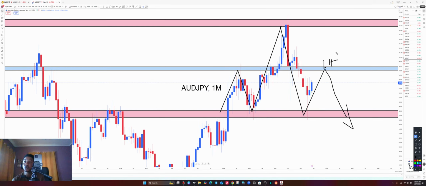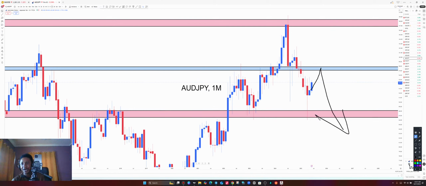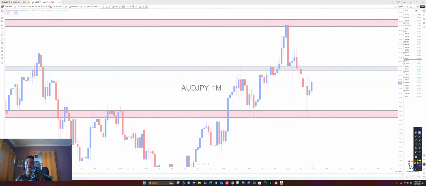So before price goes up to complete the lower high, you want to capitalize on that move before it gets there. Simple as that. So AUD JPY, we're looking for buying opportunities to get to this resistance level before price drops down again. How do you pick the buy? Let's go again to the weekly time frame for more understanding.